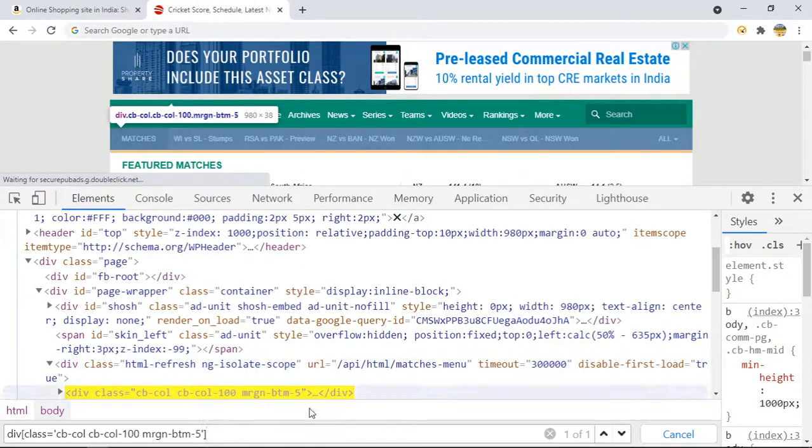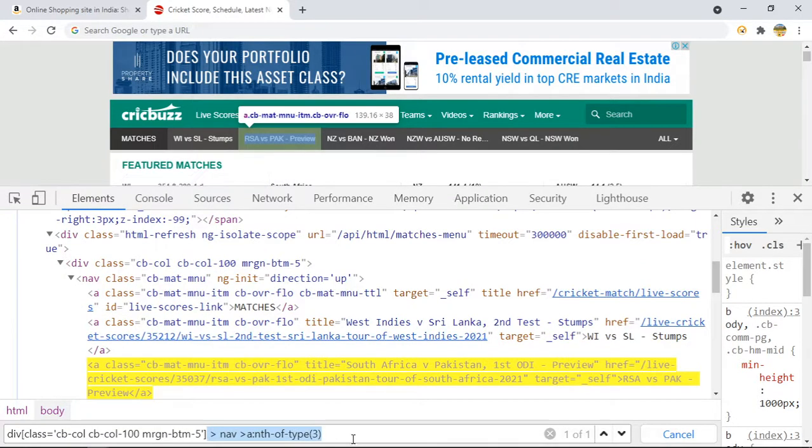Okay, so it should click on this one. South Africa versus Pakistan, right?